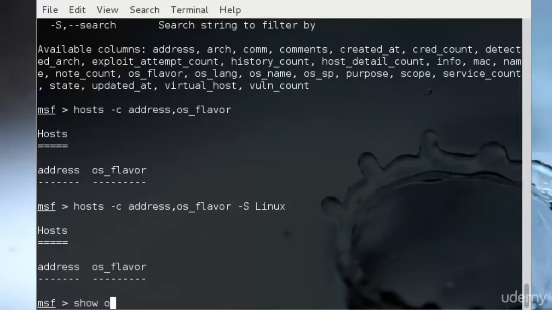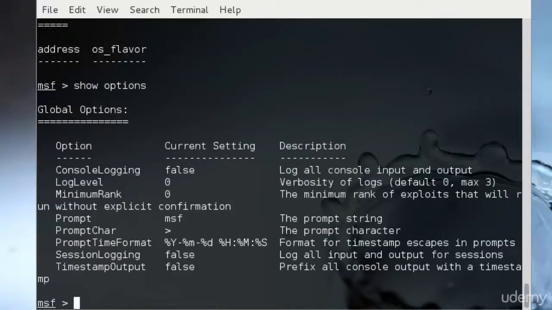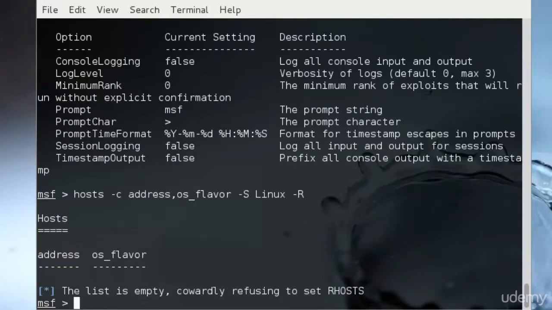So I'll just type show options, and as you can see, these are the different settings that we could modify. We can see that by default nothing is set in our RHOSTS, and we'll add the -R switch to the host command and run the module. Hopefully it will run and scan our target without any problems. So just type host -s Linux space -R. So the list is empty and cowardly